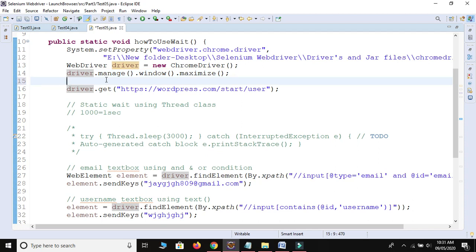That's why implicit wait is applicable for each and every web element on the web page.